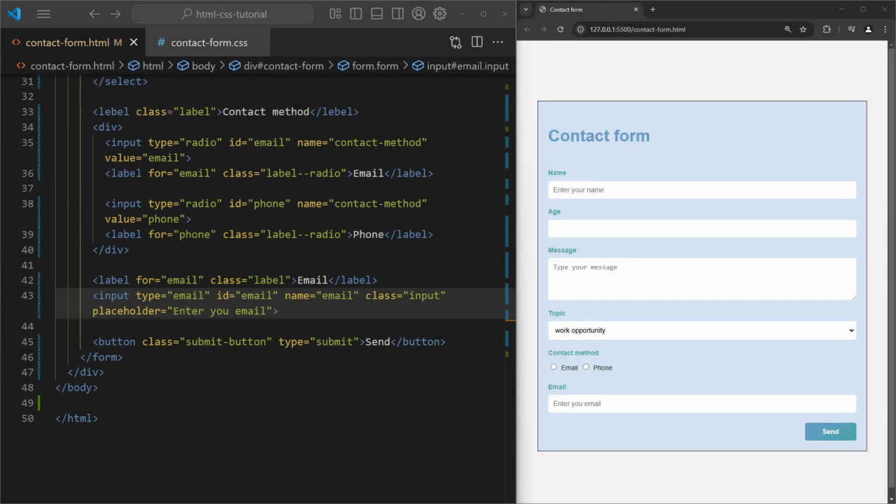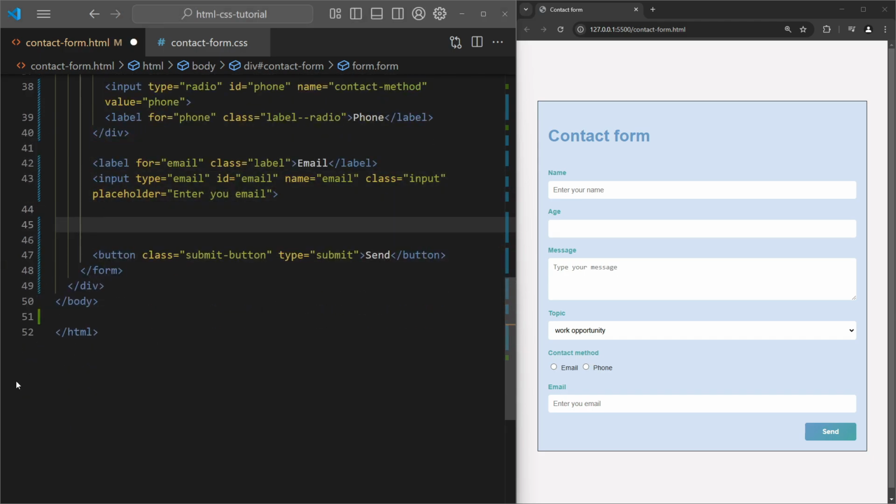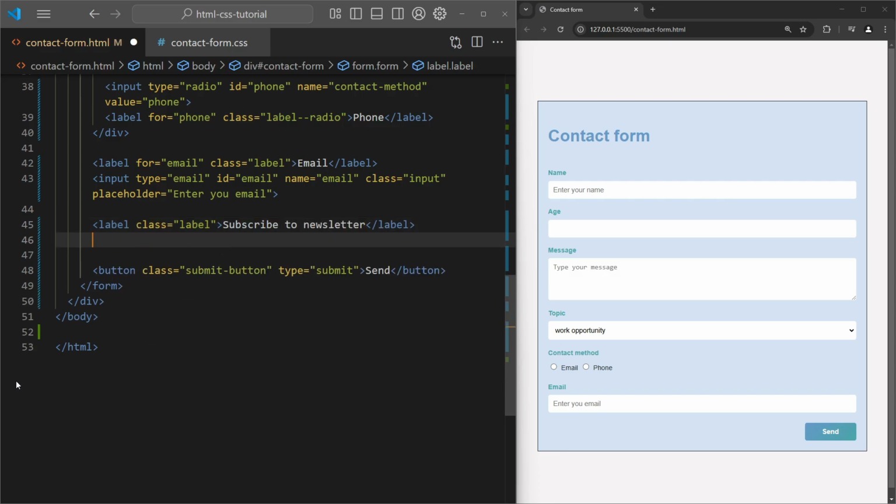Checkboxes, unlike radio buttons, allow users to select multiple options from a list. Let's say we want to ask the user about their newsletter preferences, where they can choose multiple topics of interest. Let's add a label with a class label, subscribe to newsletter, and then let's group our options with a div,